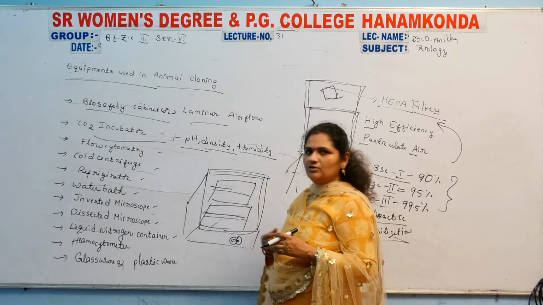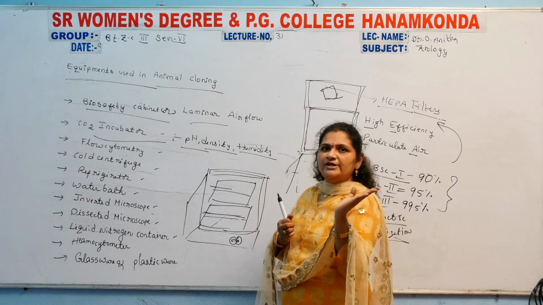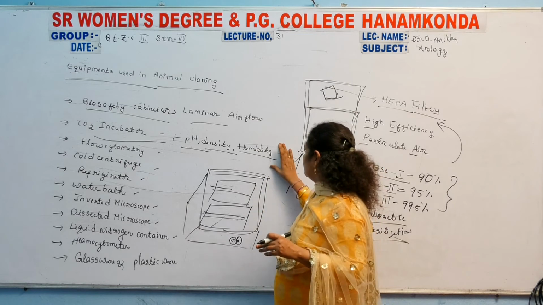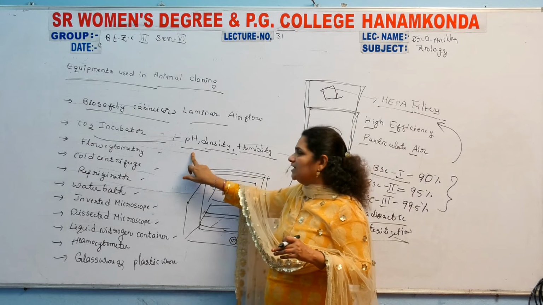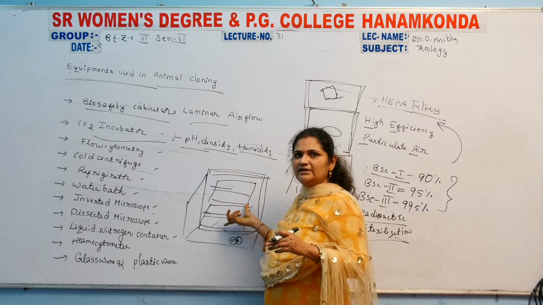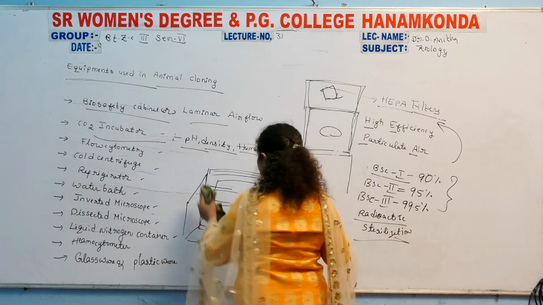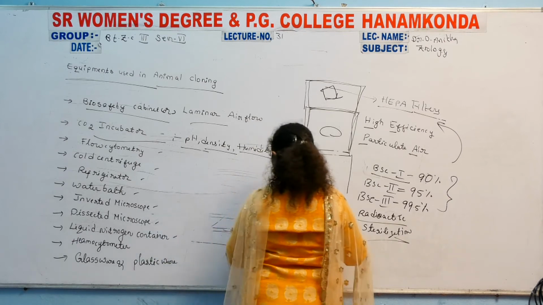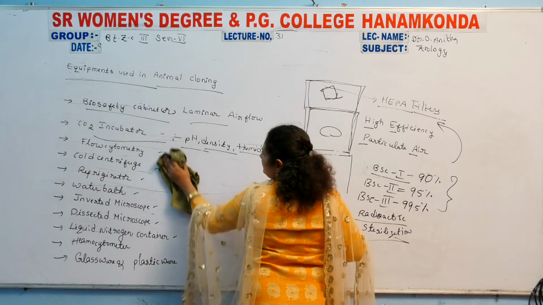That was about the CO2 incubator. Incubator is helpful for the incubation of animal cells or any other media. It may provide a particular humidity and a particular density, and the pH, the hydrogen ion concentration, is also balanced and equally maintained inside this chamber. That was about the CO2 incubator. And next.